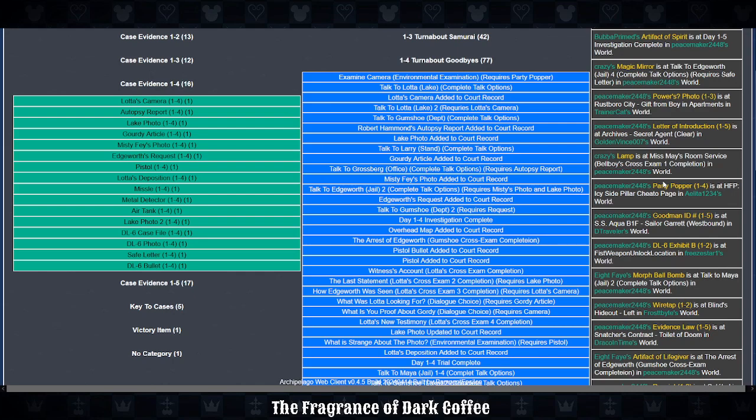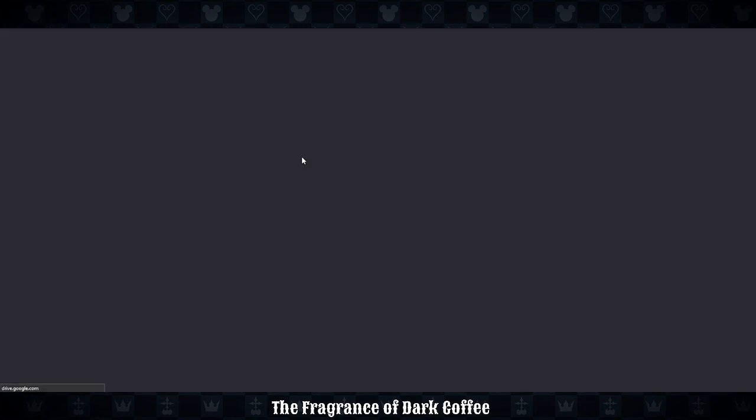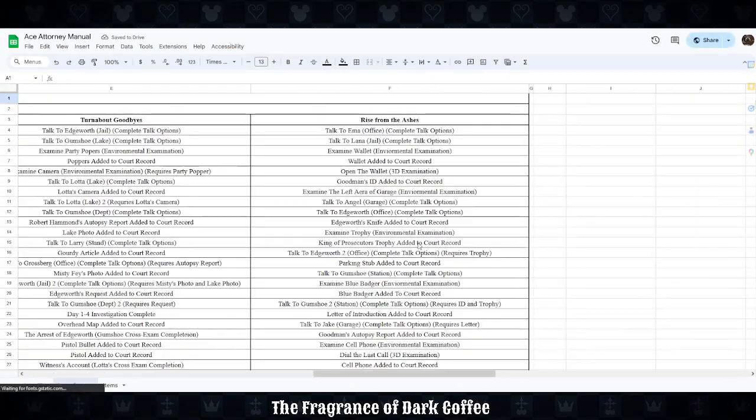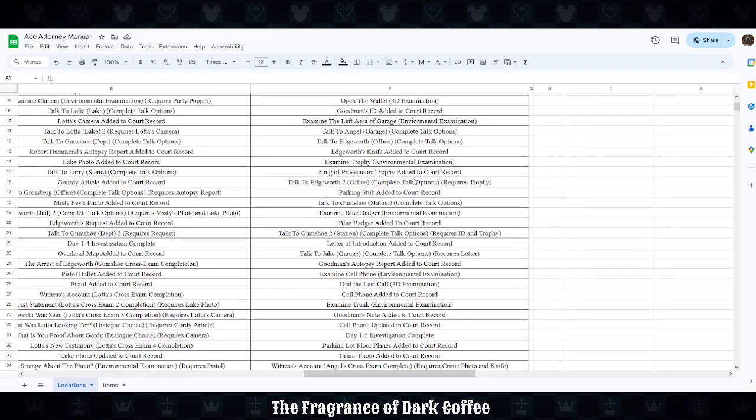Also, all of these names I just grabbed from my Google Doc when I was getting all this set up, so it's just there because I had to logic out where all the breaks were for the logic, and that's how I knew where the logic was for me to type out all the logic stuff. So if I go into the Google Drive here real quick, into the manual, how I knew when to, in the requirements go, okay, now this piece of evidence needs to go into the chain of logic or the layering of logic, was just